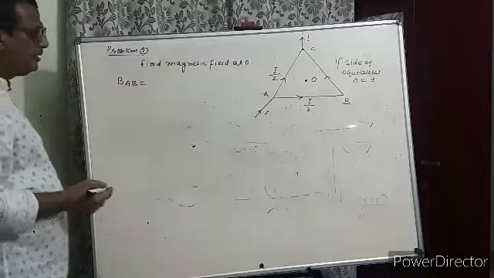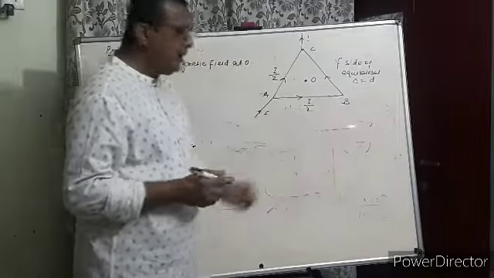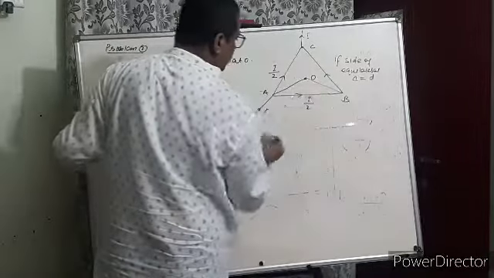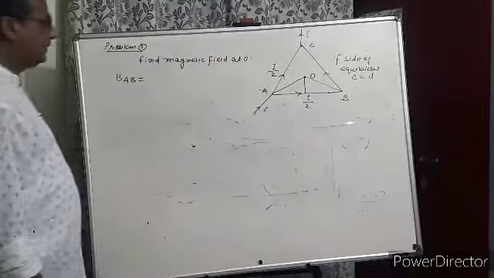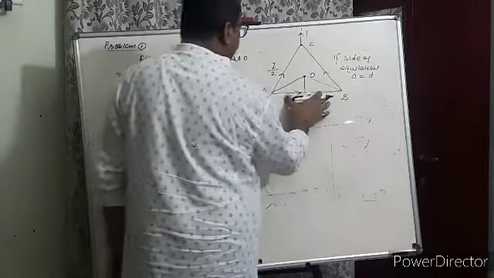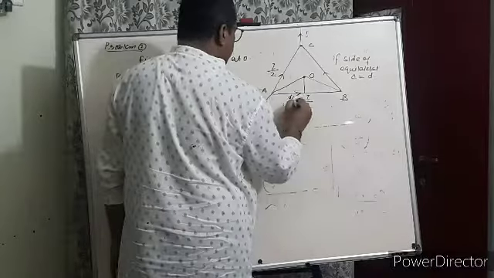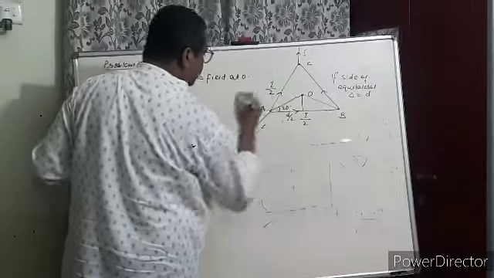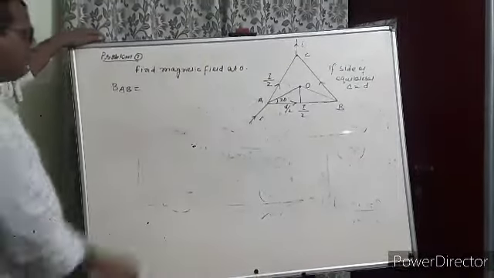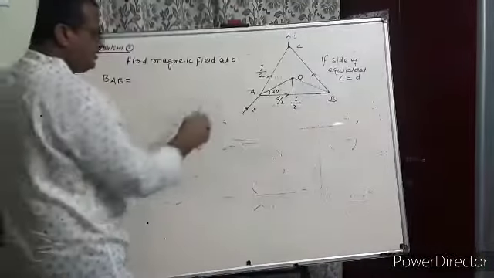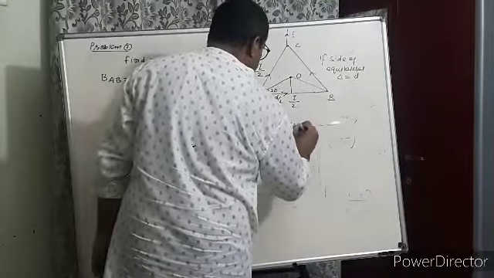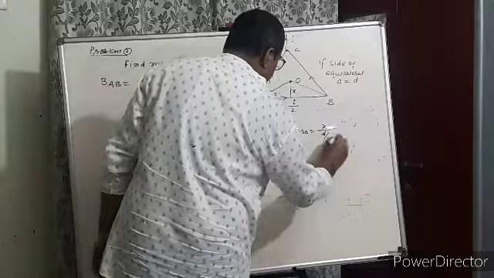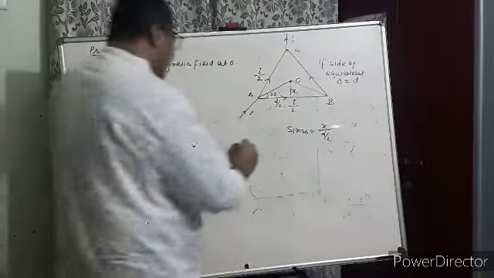We have the formula. Here it is not an infinite wire. This is a finite wire. So join this one. This is the perpendicular distance. Now certainly this is d, so this will be equal to d by 2. This is the equilateral triangle and certainly this will be 30 degrees. Then we can find this distance: sin 30 is equal to x by d by 2.